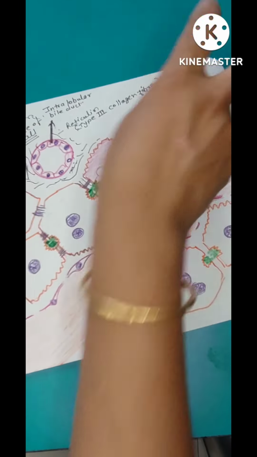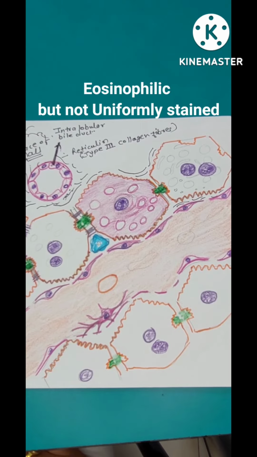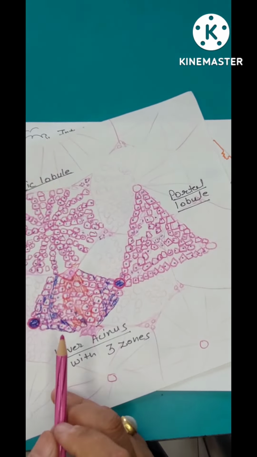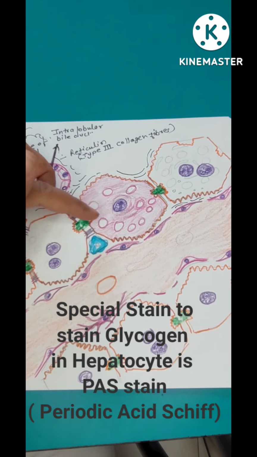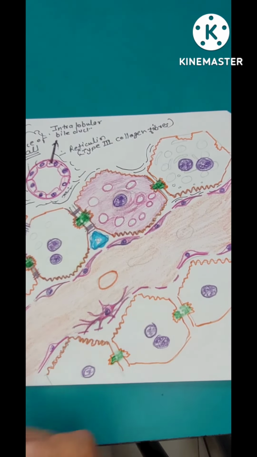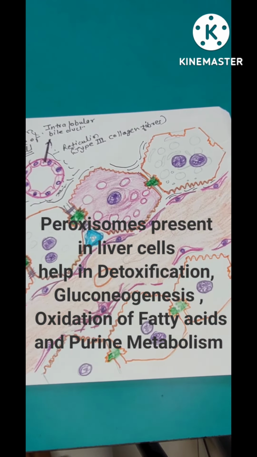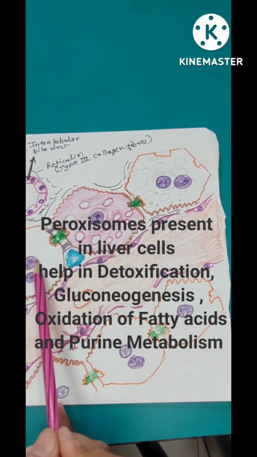Now let's see the structure of the hepatocyte. Actually, the hepatocytes do not take uniformly pink stain here. This is because they contain glycogen granules, and these glycogen granules are washed away during slide preparation with H&E stain. The glycogen is nothing but a stored carbohydrate inside the liver cells. Liver cells contain hundreds of peroxisomes to detoxify medicines. Many times you can see binucleate cells present in the liver.